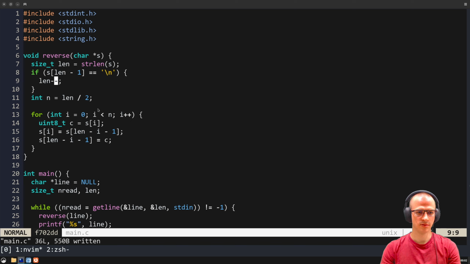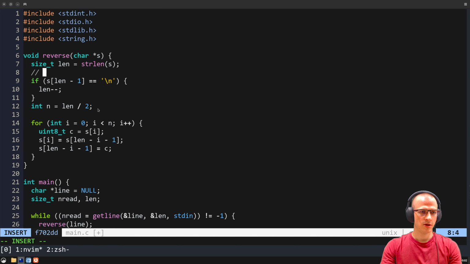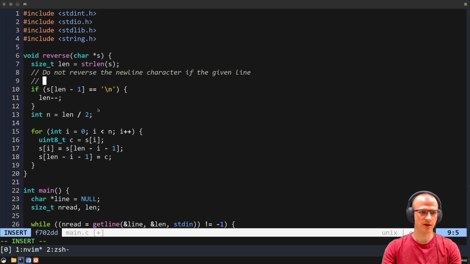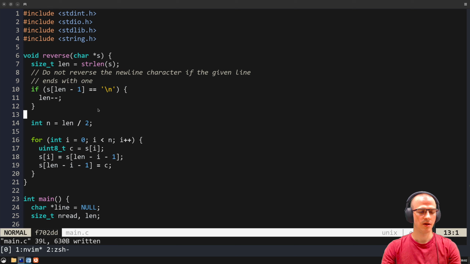So now, do not reverse the new line character if the given line ends with one. Okay,